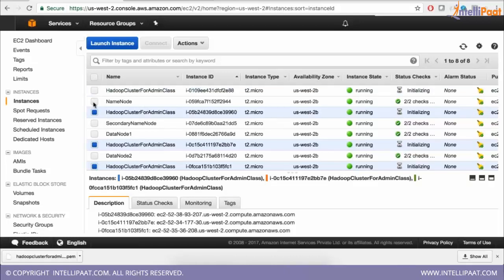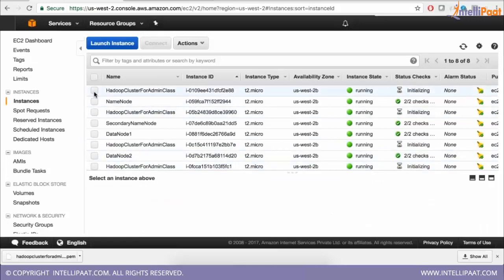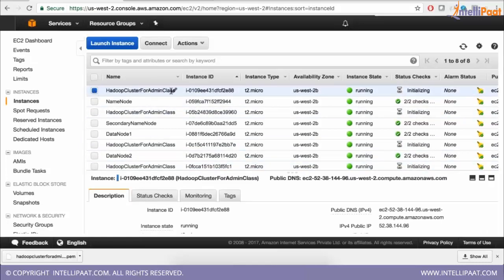First we will rename these machines. You can click on this pen symbol. It will allow you to rename. So the first machine I call cluster name node.